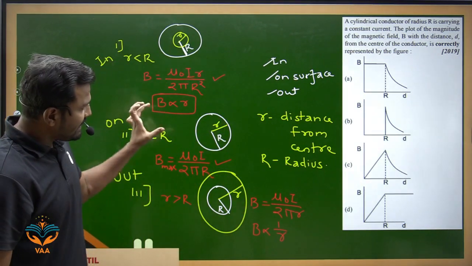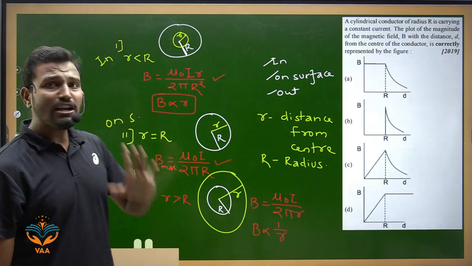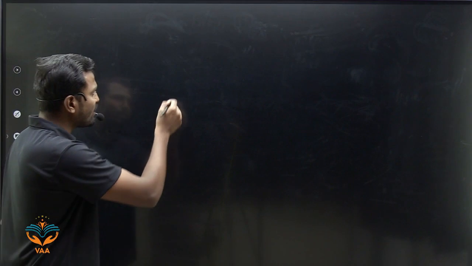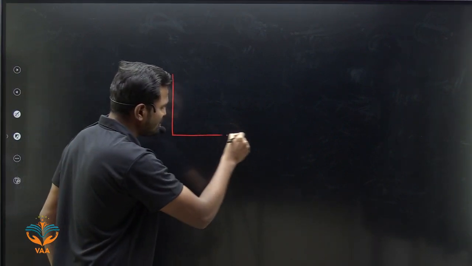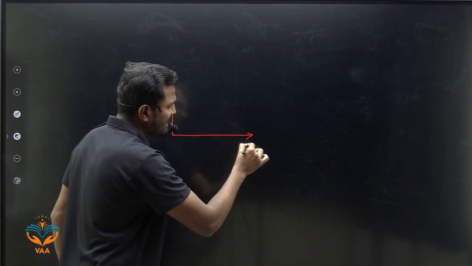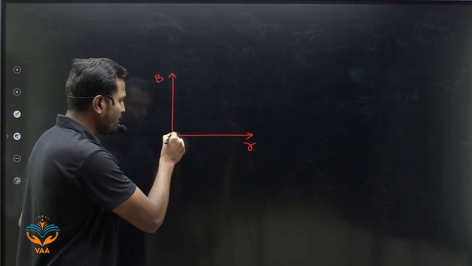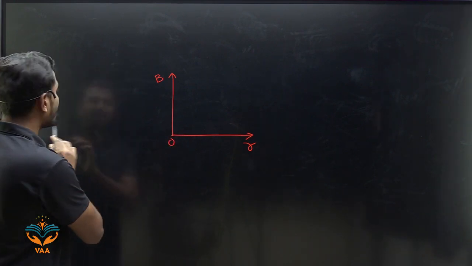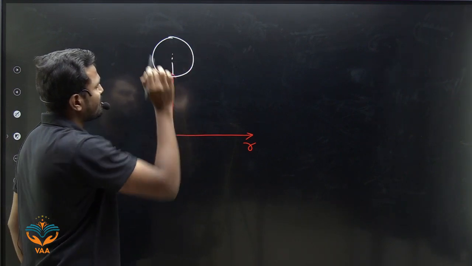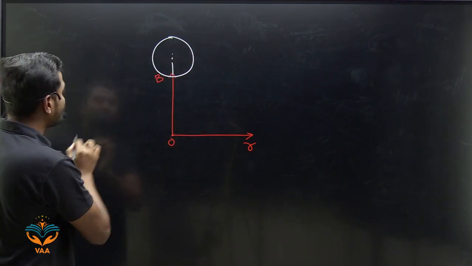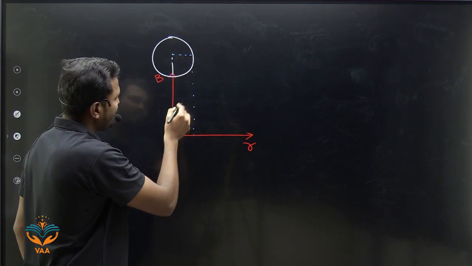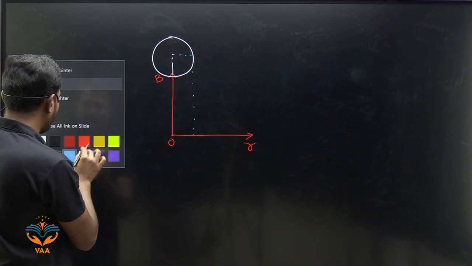So all these things, if we plot on a single graph, concentrate what kind of graph we are going to get. If this is the axis we are talking about, here we are taking the magnetic field, here we are taking the distance r from the center O. Let us plot the concerned wire at this particular point. This is the center. Till this wire goes at this particular point, the magnetic field is somewhere here. The magnetic field will be maximum somewhere here.